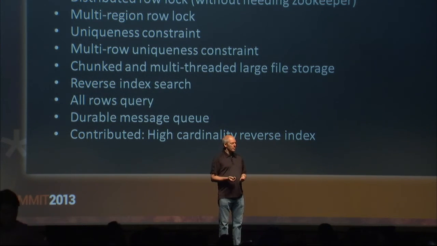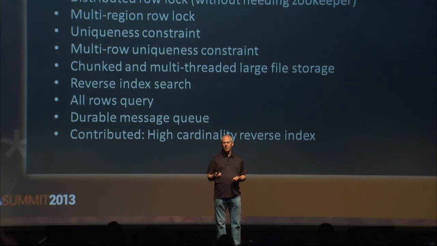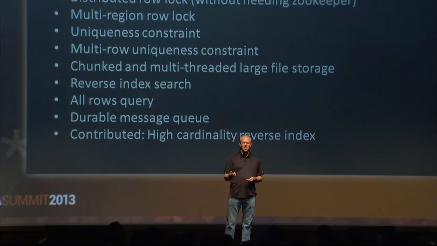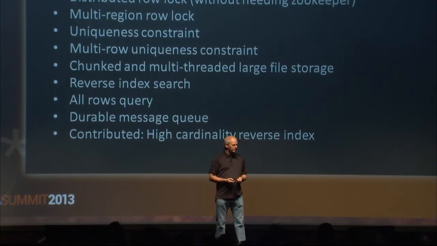We've also got one contributed recipe right now, which is a high cardinality reverse index, and that's currently in the review process, not been posted yet, but it's a pull request for it. So it's definitely looking for more recipes. Anyone using Astyanax, if you've implemented something that looks a bit like a pattern, throw it in there.